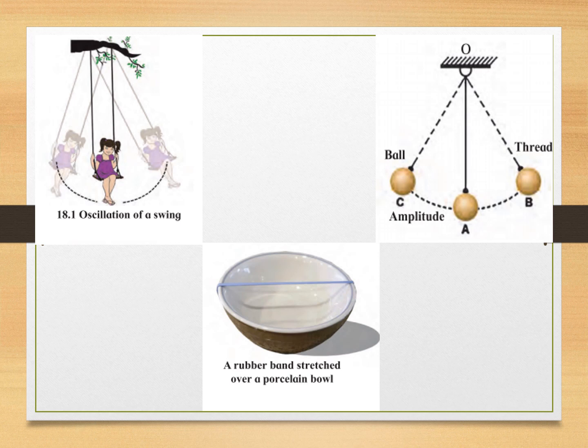Then this oscillator is called a pendulum. Understood what is a pendulum? Yes. So after this you have to give oscillatory motion to the pendulum. Okay, just push it. That ball you have to push slightly. The maximum distance between the original position A of the pendulum and the extreme position B or C is called the amplitude